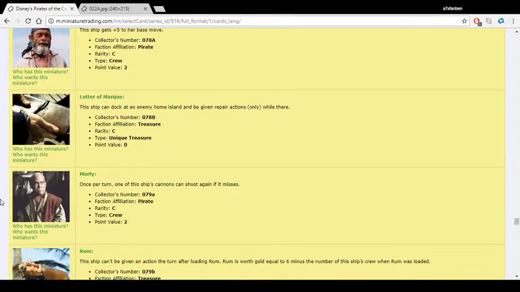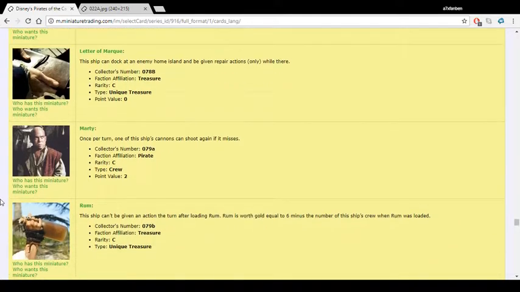And then on the back of his card is rum, and it's the same as the Spanish Main version. The ship can be given an action in the turn after loading rum. Rum is worth gold equal to 6 minus the number of the ship's crew when rum is loaded. So it's decent, best on an enemy gold runner, but this one is not very good because you lose a whole turn with that ship, which is really bad. I've seen this as more of a negative than a positive. So this one is kind of ugly, actually. I'm pretty sure this is really similar to